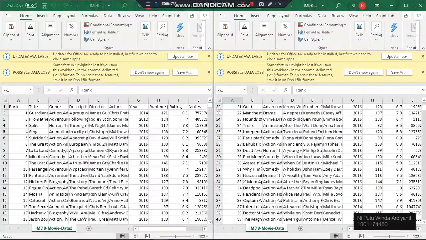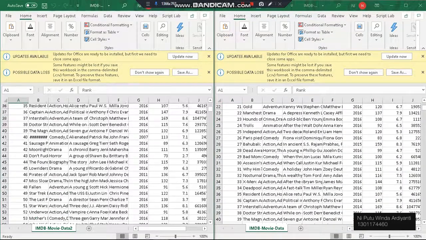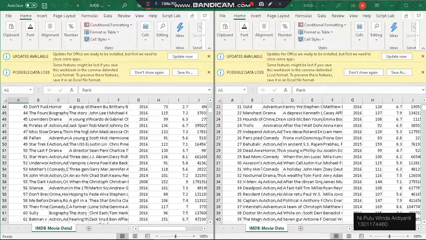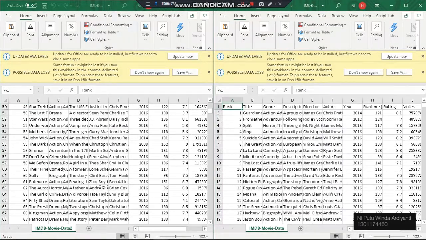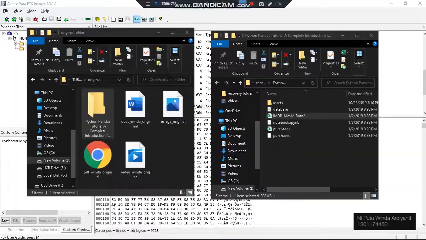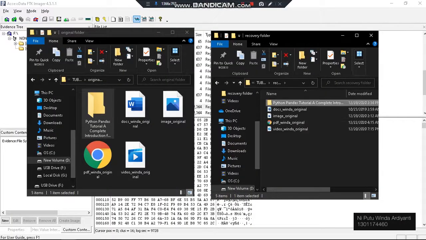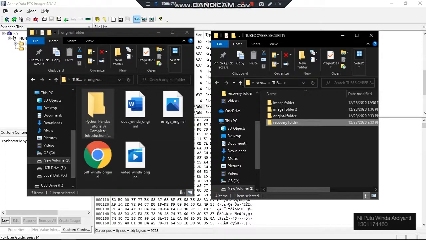So the content of the data is the same. So for the document file, it is the same for the content and the size. Next, we will go to the